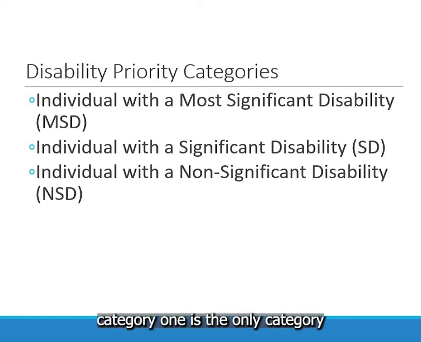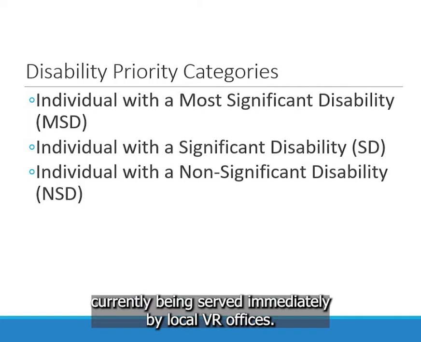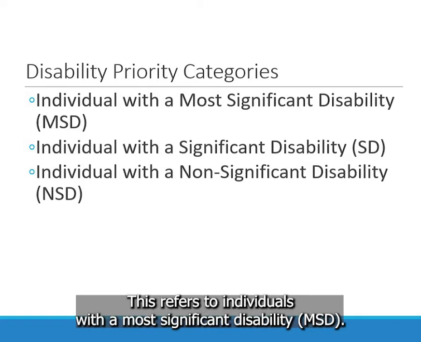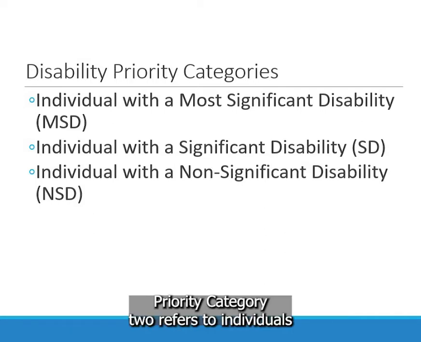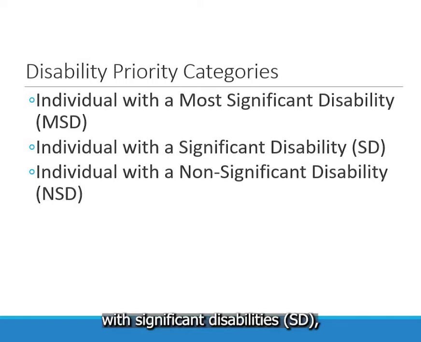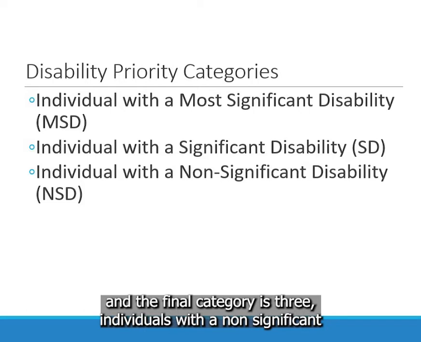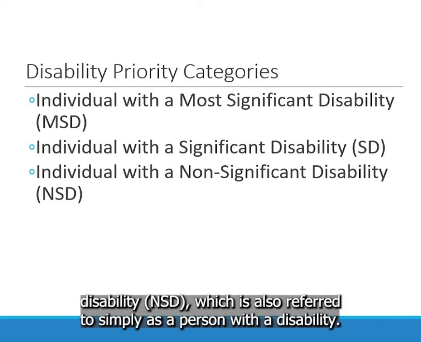Priority Category 1 is the only category currently being served immediately by local VR offices. This refers to individuals with a most significant disability, MSD. Priority Category 2 refers to individuals with significant disabilities, SD. And the final category is 3, individuals with a non-significant disability, NSD, which is also referred to simply as a